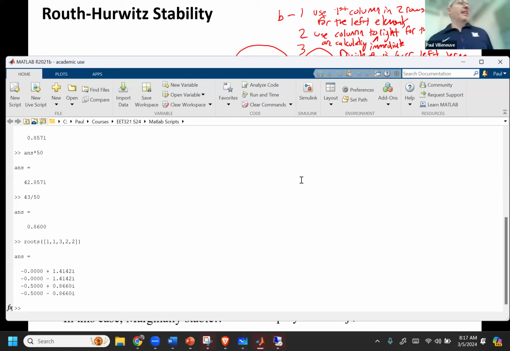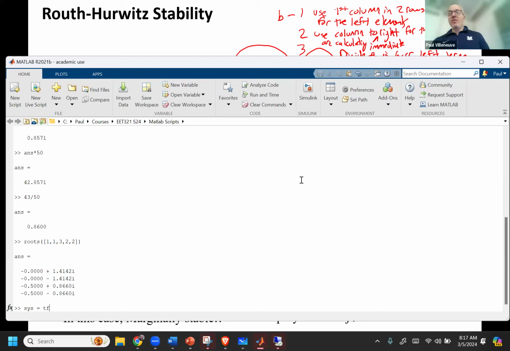Does that validate our work? I have negative numbers for all the real parts. But -0 means there's no real part for the first two. So if I wanted to do a pole zero map, everybody remember how to do that? I have to do a transfer function. So sys,